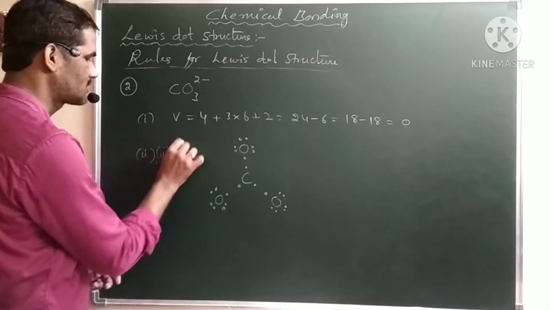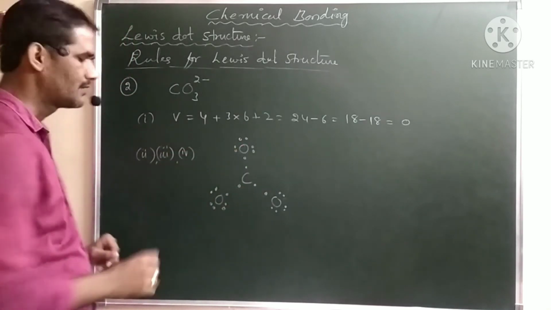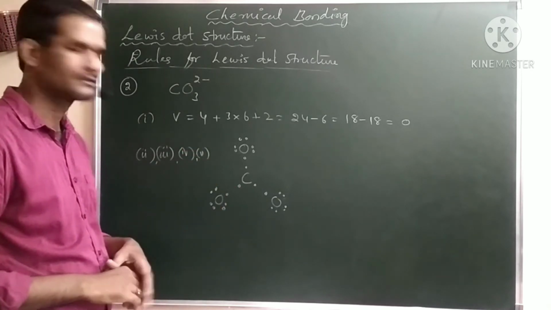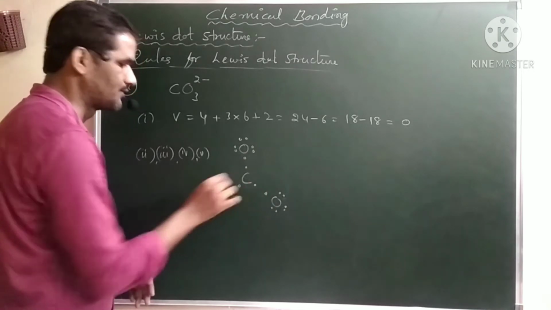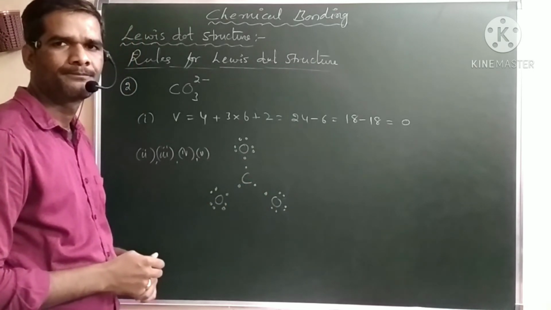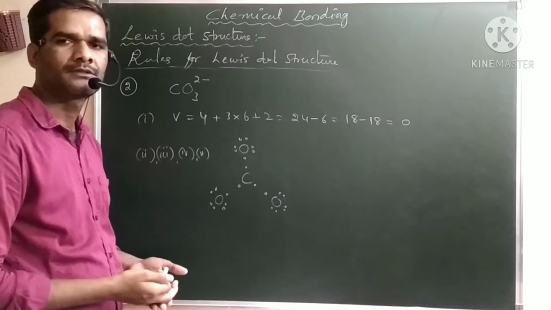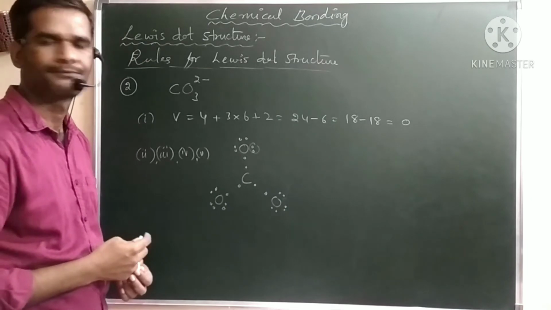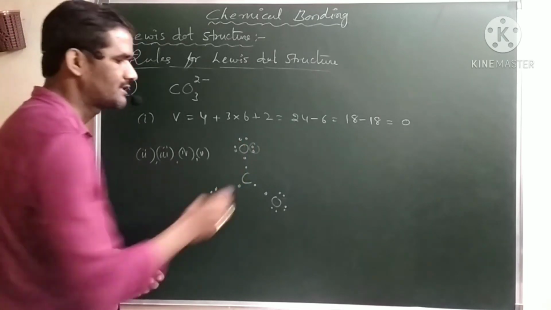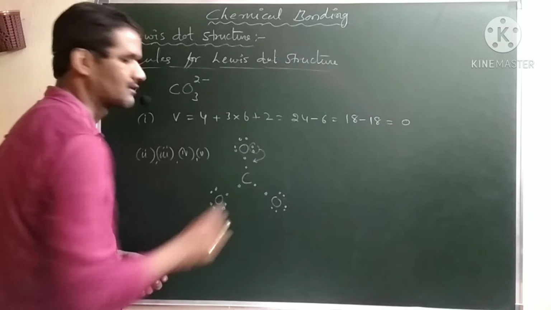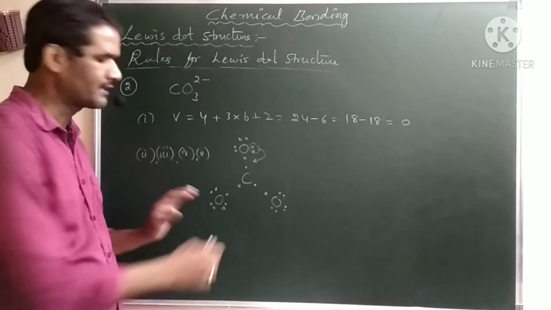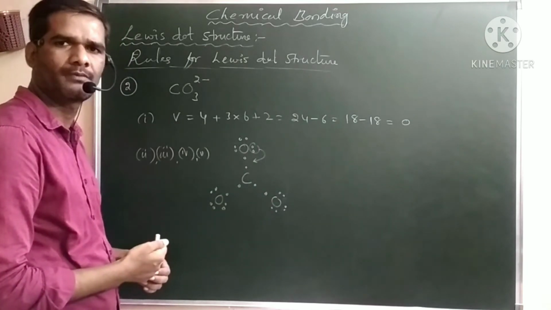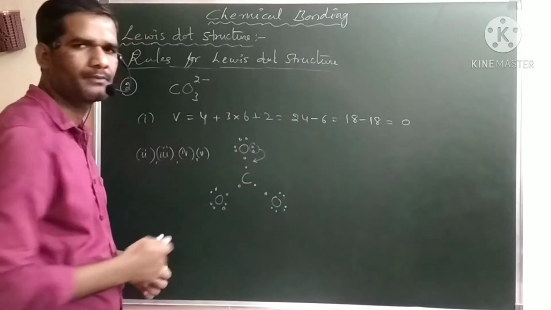In the fourth step we have fulfilled the octet of the terminal atoms, and what is the fifth rule? We have to fulfill the octet of the central atom. Now carbon has here 2, here 2, here 2, only 6 electrons, so it requires 2 more electrons. Then we have to move electrons from one of the terminal atoms. Now it has 6 electrons, and from those 6 electrons I am moving 2 electrons. All are symmetrical, so you can take any of the oxygens. No problem at all. Here I am choosing this top oxygen.